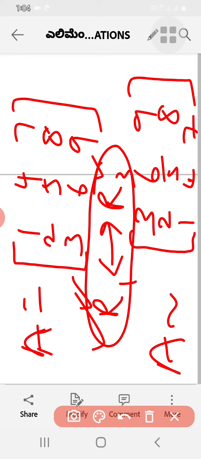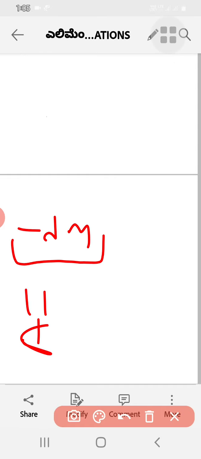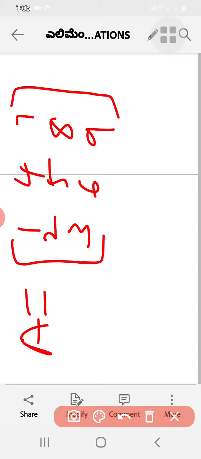So in the first example I have shown that we can multiply a row or column by any scalar, and another property says we can interchange any two rows or columns. So here I have interchanged rows and columns. Then next, let me take that matrix. You can take your own examples. It's not the rule that you have to take only these examples. I am just showing one example.